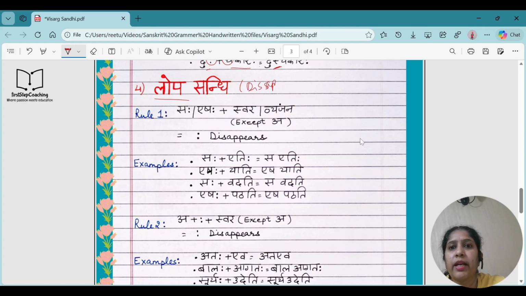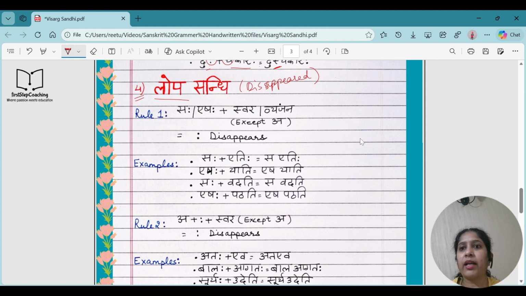Okay, the Lop means getting disappeared. So what happens in Lop Sandhi? The Visarg will disappear under some rules. Let's learn about those rules under which the visarg is going to get disappeared. And this is actually what you're going to find most in our literature text. Okay, if you go back to your textbooks after doing this sandhi, especially